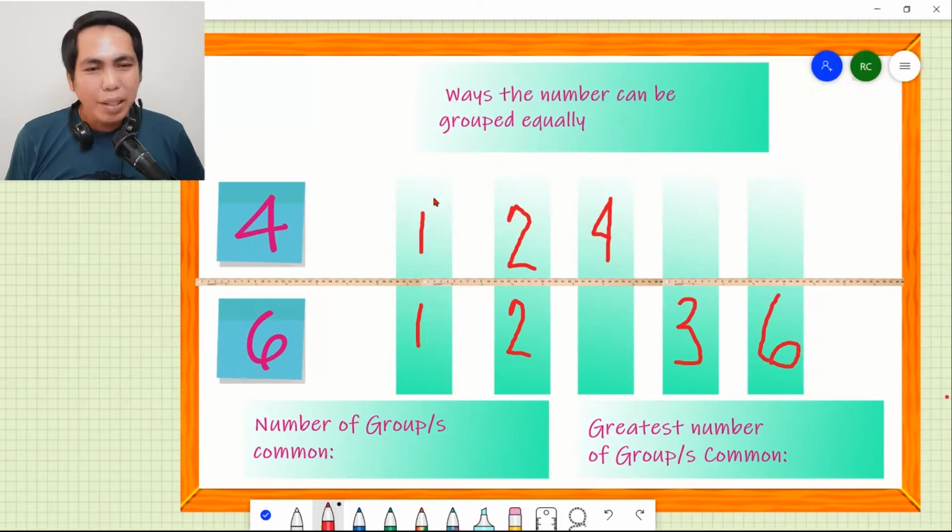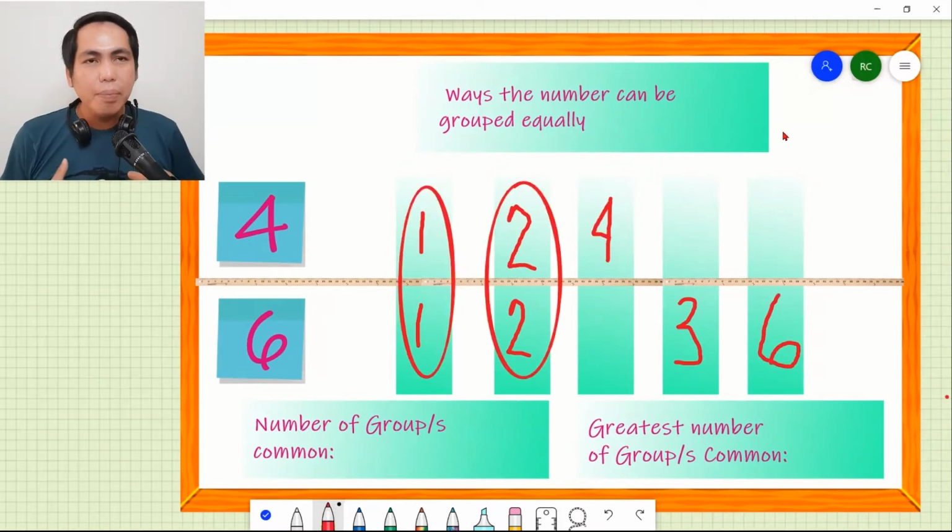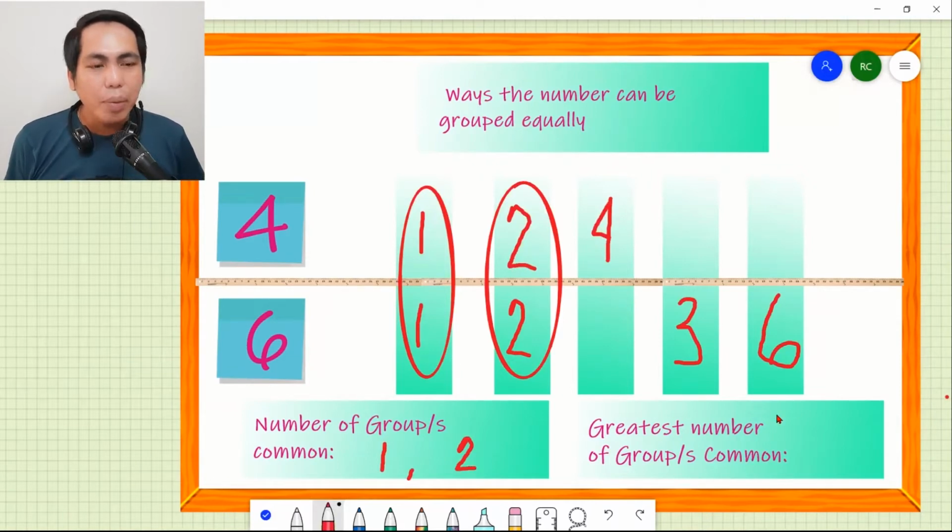We can see here 4 and 6 can be grouped equally into one group or into 2 groups. So the number of groups that is common, we have only 1 and 2 equal groups. Now, since 2 is bigger than 1, so therefore the greatest number of groups common to both 4 and 6